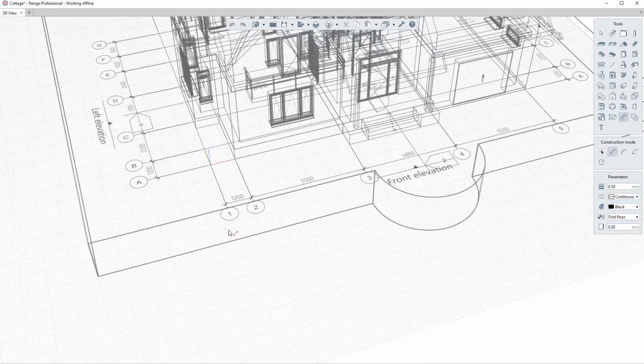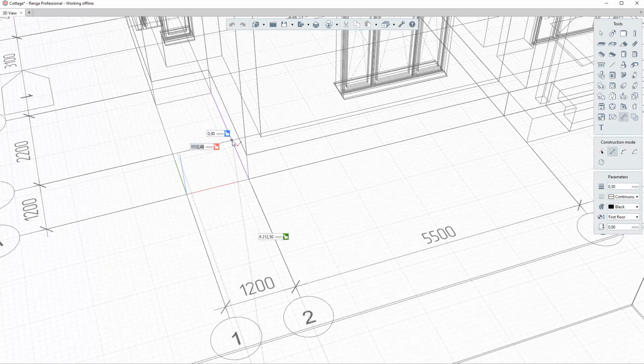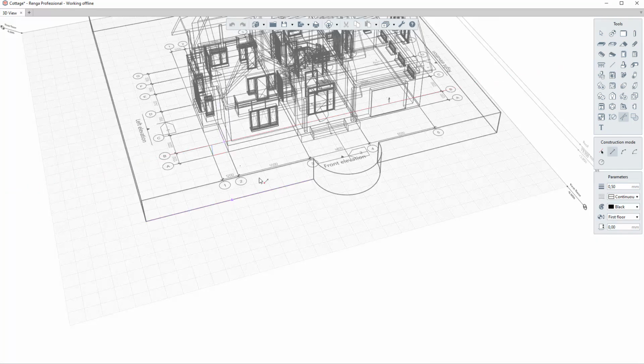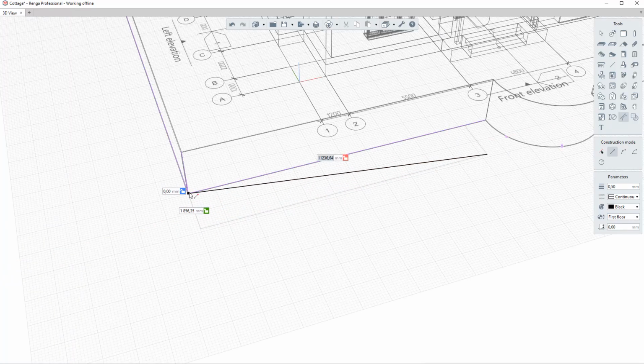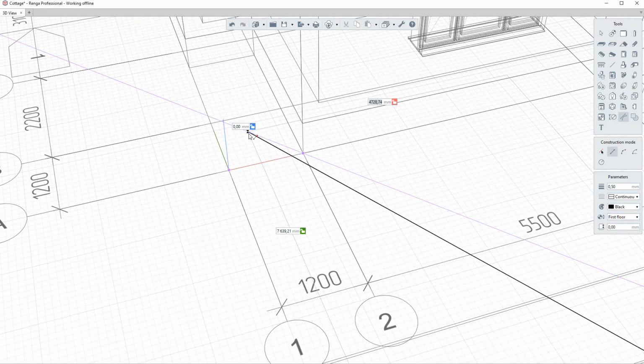Straight line midpoint or curved line midpoint. Point of intersection. Tangent point for an arc or circle. Perpendicular point. Object endpoint. Projections intersection point.